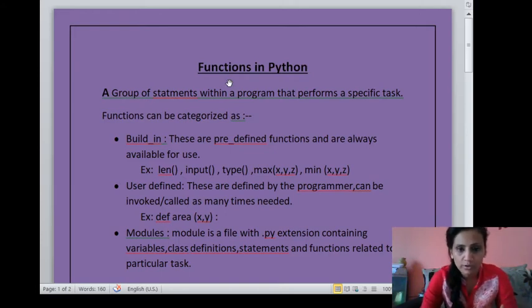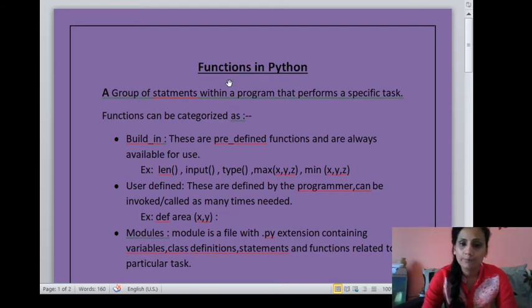Third is a module. So what is a module? See, Python has a very big library. There are packages, there are modules, but right now I will only explain the part which is required for you. So for you the module is, you can say, one file with .py extension that can be used in another program which is again a .py extension file.